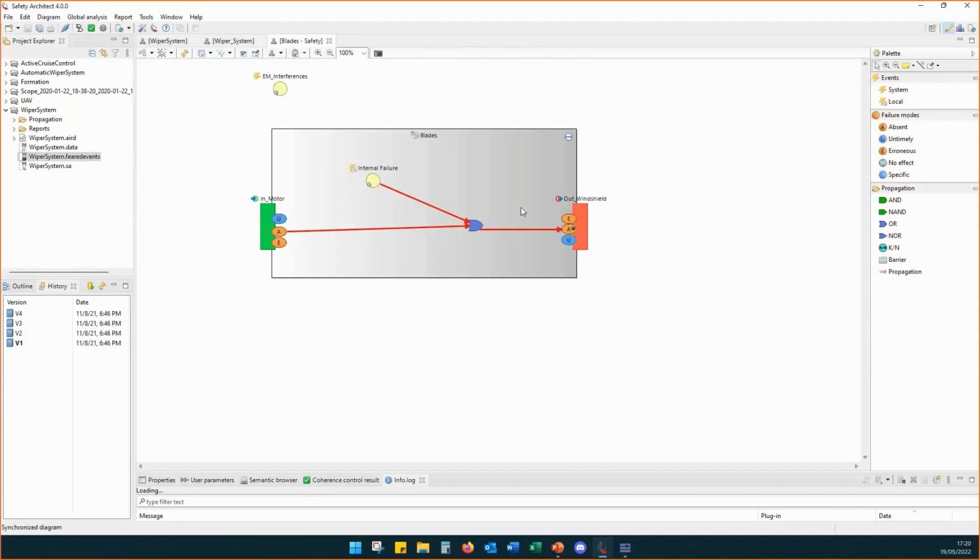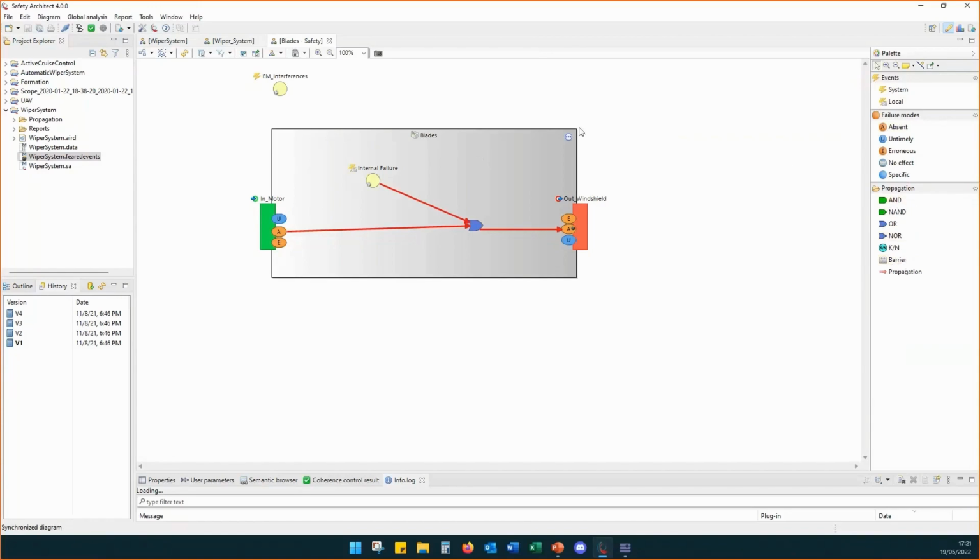And next, we have to describe the failure condition or the propagation of the failure between the failure modes and the events. That's the goal of this kind of representation. For this, we have the different gates. And next, we also have another concept, the barrier. The barrier is used to represent existing safety mechanisms in the component.